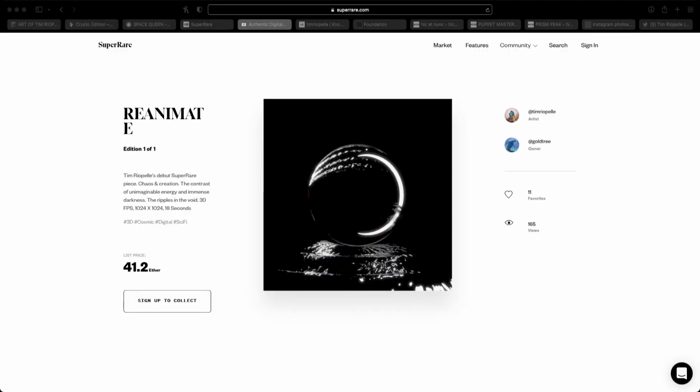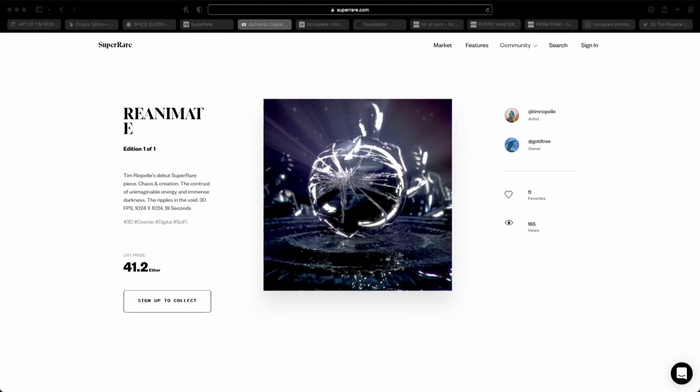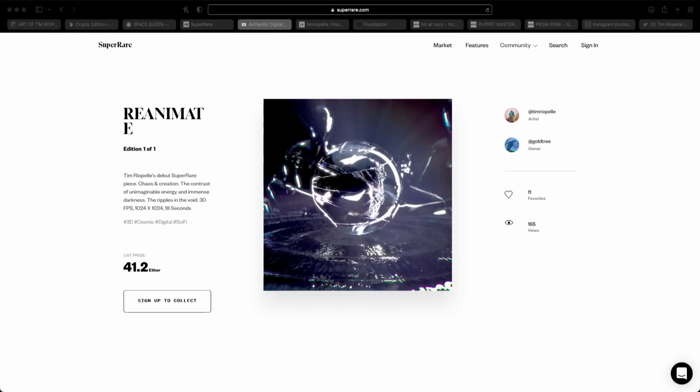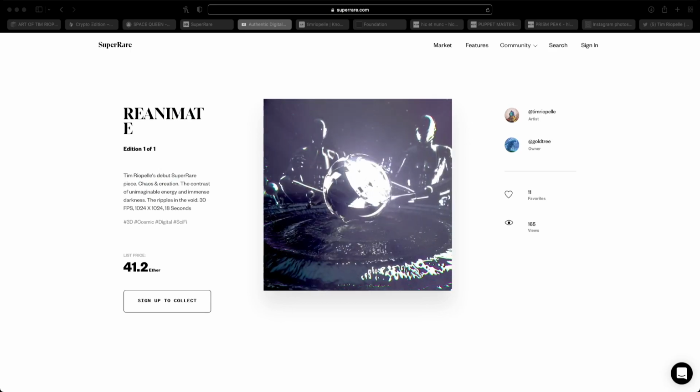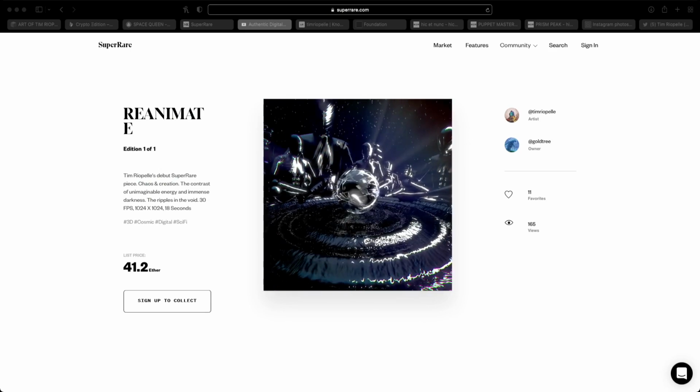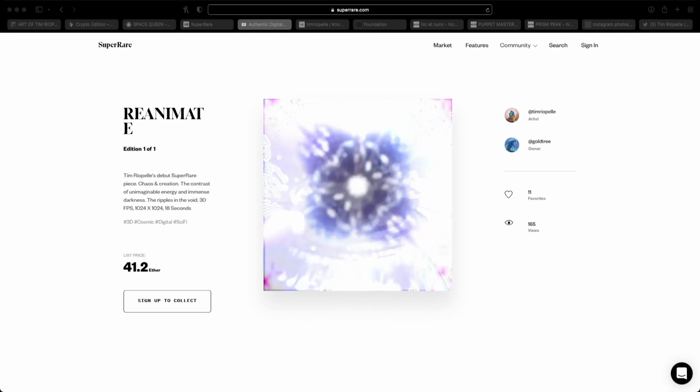And then he got me on my first Nifty Gateway project, which was with Android Jones, Glass Crane, Corey Myers, Daniela, who else was there? There were so many people. I can't remember all their names. But it was some of the best artists in the space, and I got to be part of this Chinese New Year thing that we did with them. So that was pretty cool, and Colin hooked that up. He got me involved with that, and we did the Nara Gallery drop on Nifty Gateway. I mean, it was really fun.